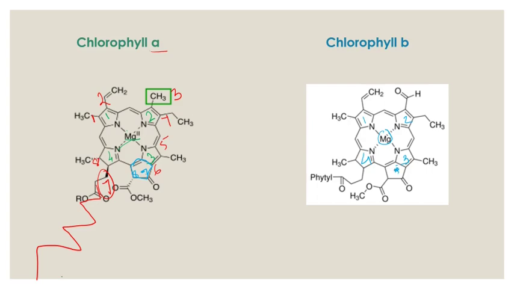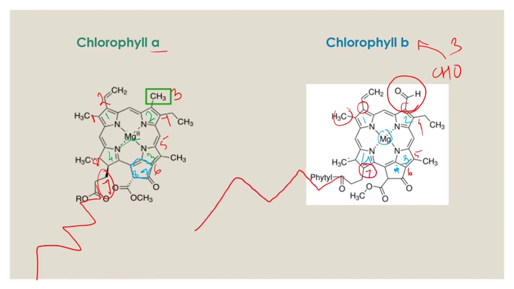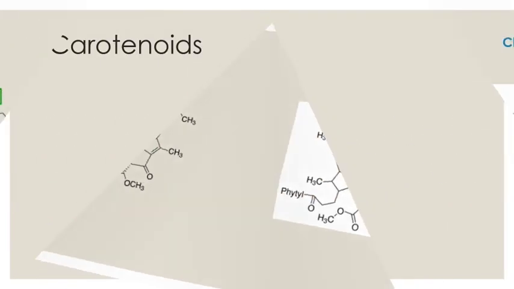Now, let me show you the carbons with the red color. This is carbon number 1, carbon number 2, carbon number 3. Again, look at carbon number 3. Which group is it having? CHO group, aldehyde group at carbon number 3. So it is chlorophyll B. This is carbon number 4, carbon number 5, 6. And look here, carbon number 7. It is attached with the phytol tail. Carbon number 8, carbon number 9 and 10 are present on the cyclopentanone ring. So this is the chlorophyll A and B molecular structure. I hope you have understood it.